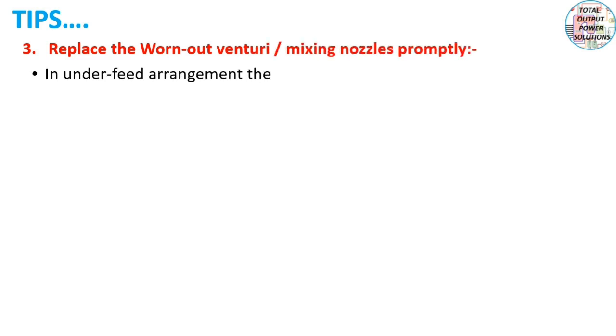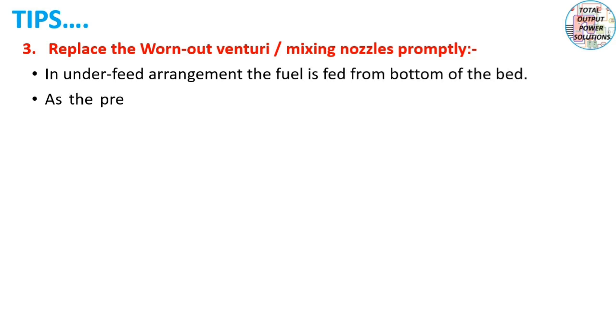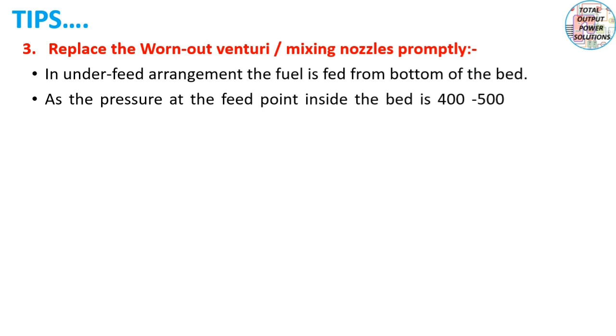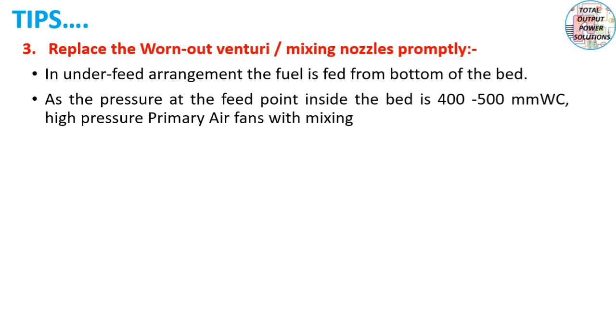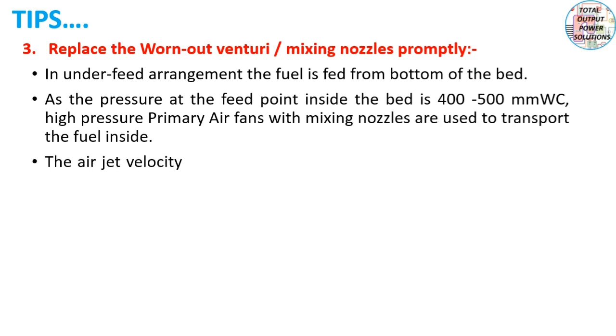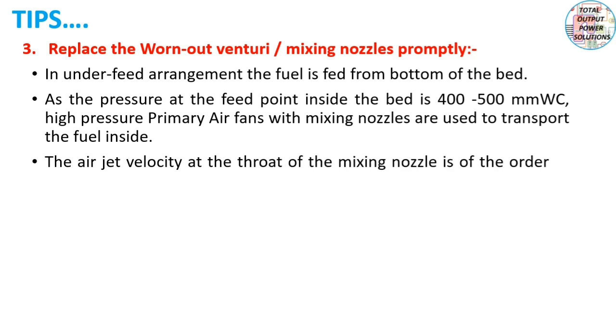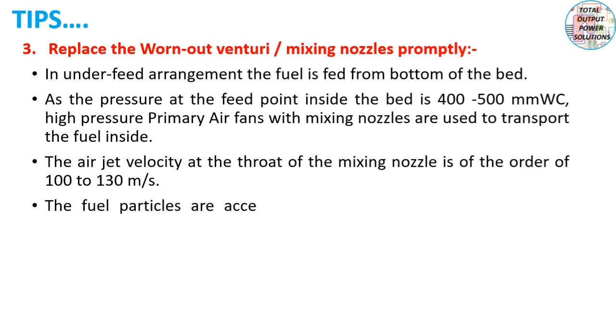The third tip: replace the worn out venturi and or mixing nozzles promptly. In underfed arrangement, the fuel is fed from the bottom of the bed. As the pressure at the feed point inside the bed is 400 to 500 millimeters of water column, high pressure PA fan with mixing nozzles are used to transport the fuel inside. The air jet velocity at the throat of the mixing nozzle is of the order of 100 to 130 meters